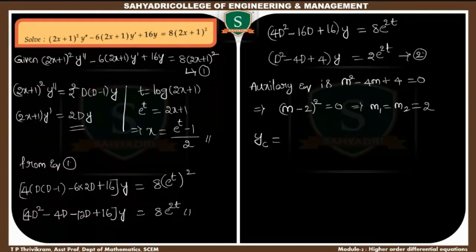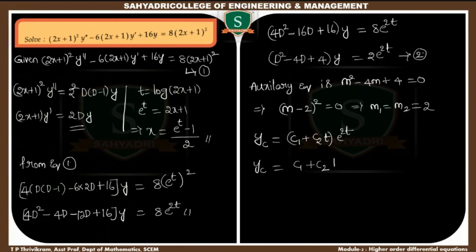Complementary solutions for repeated roots. C1 into t into e power 2t. Yes, e power 2t. So yc is equal to C1 plus C2